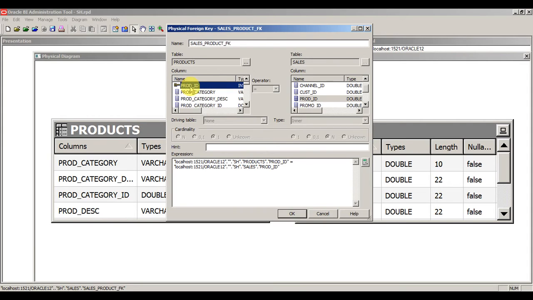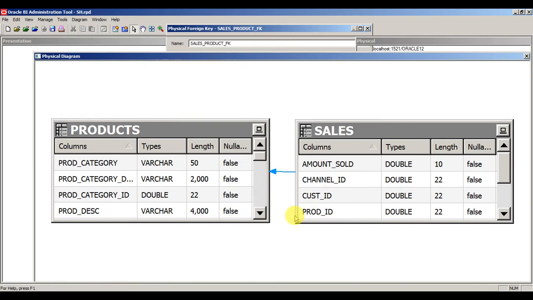It means that this is the primary key for this table, and here on the right side you can see product ID. There has already been a relationship established between these two, since we have selected keys and foreign keys while importing the database metadata objects. Here also you can check the condition. Just click on OK.